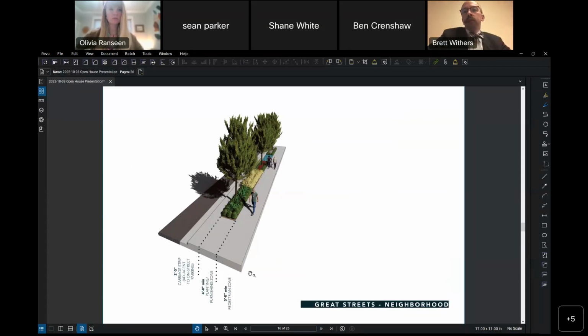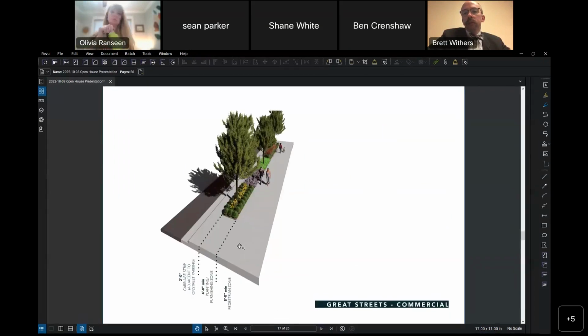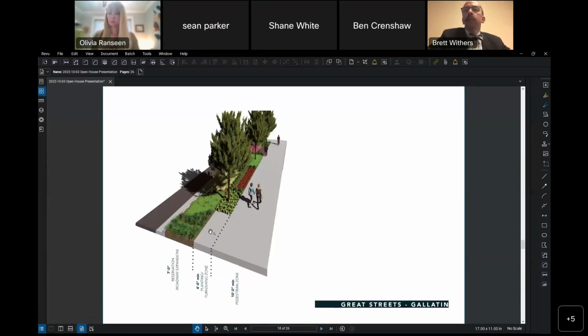And so these are neighborhood streets with a minimum 5 foot wide sidewalk, 4 foot planting zone, and then on-street parking. And then we get to our commercial street that's a little bit wider, 8 feet, with a 4 foot planting zone to really allow that comfortable feeling walking down the street. And you can imagine these active street fronts where we have outdoor dining or shop fronts along this outside edge. And then Gallatin Road, the Metro classifies this